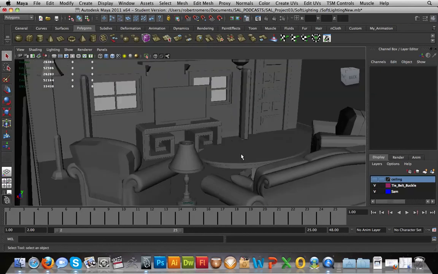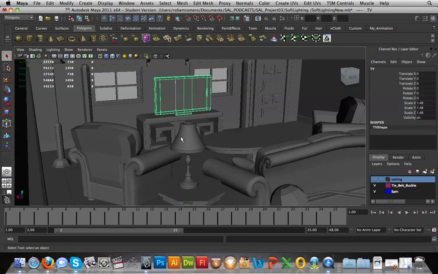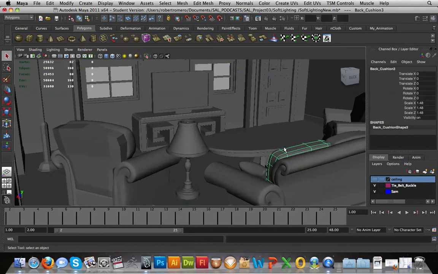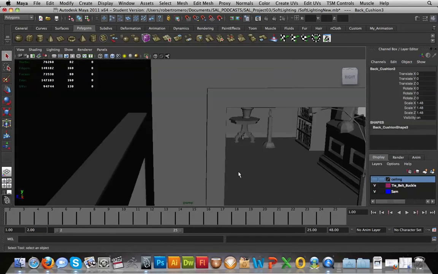But here's a couple of views here. Here we go. Here you have your TV. There's a lampshade. Here's your couch. Back support. There you go. Back cushion. Every single thing that you see in here,